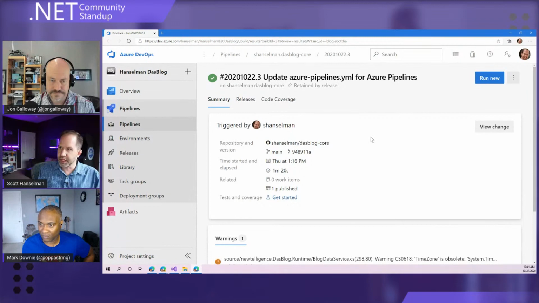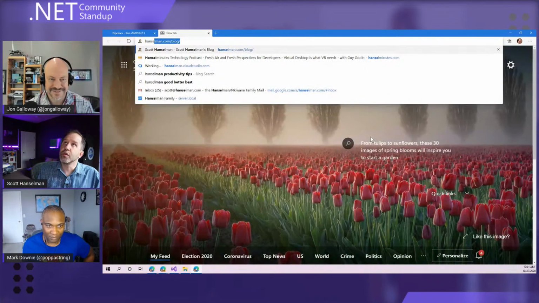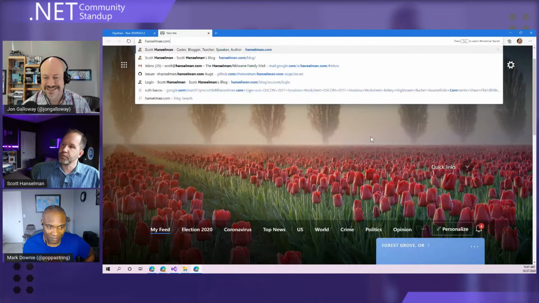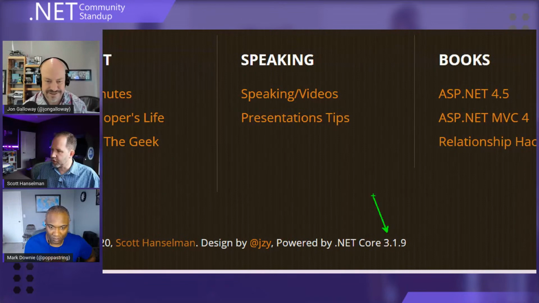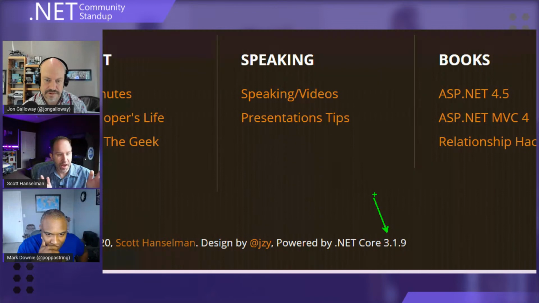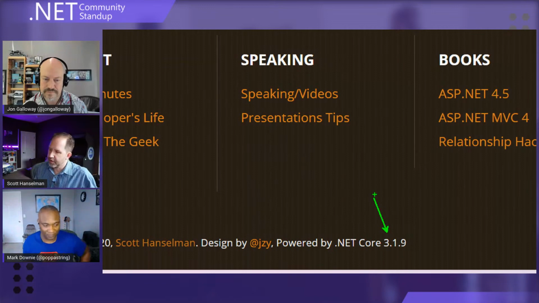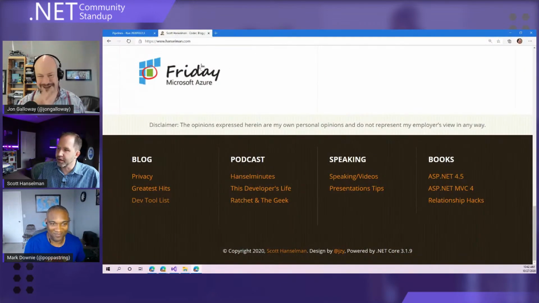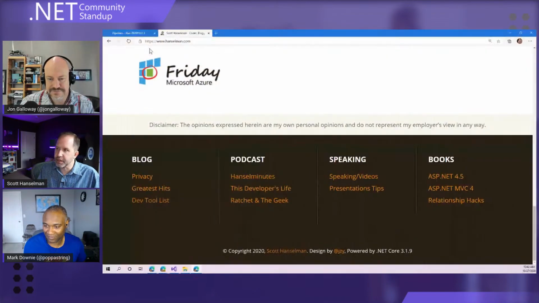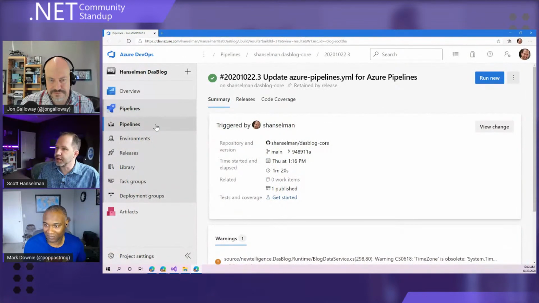Now, Damien will complain that I'm on .NET 3.1.8 and not 3.1.9, but this one is. I need to go and figure out why. Isn't that weird? Because remember, I have multiple pages, right? There's the blog, the podcast, and the homepage. And for some reason, the new SDK is picking up this runtime here, but I'm off by .1 on my home. But again, when the builds happen, I pick these up, because if we go back to our pipeline